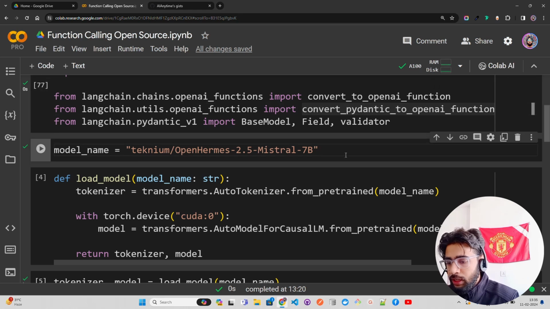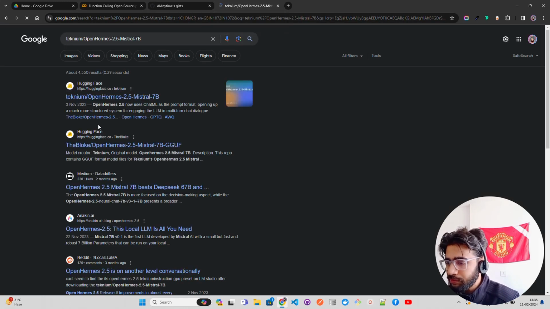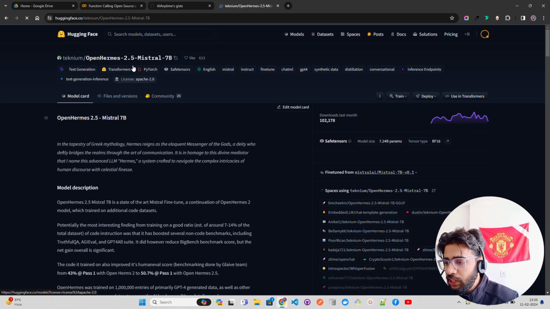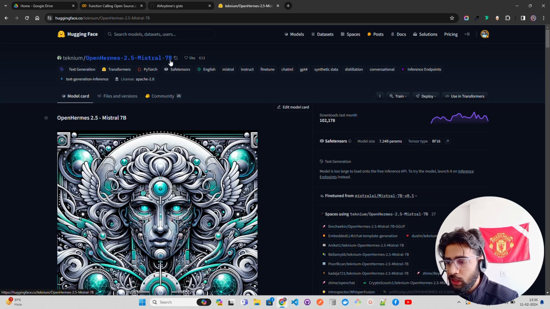This is the model I'm going to use. I'll show you that large language model. Let me just open that. It's by Teknium, OpenHermes 2.5 Mistral 7B, and you can see I'm relying on Mistral 7B. It's a startup in France called Mistral AI. They are doing a great job strengthening the open source community. Now, you can see this model has more than 100,000 downloads last month, and I'm just going to use